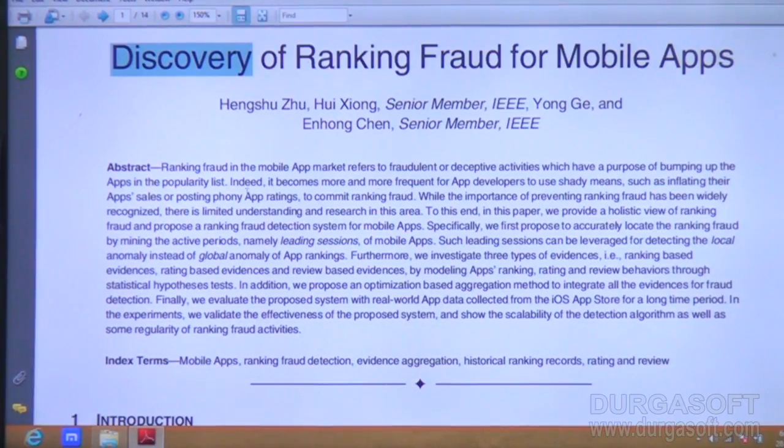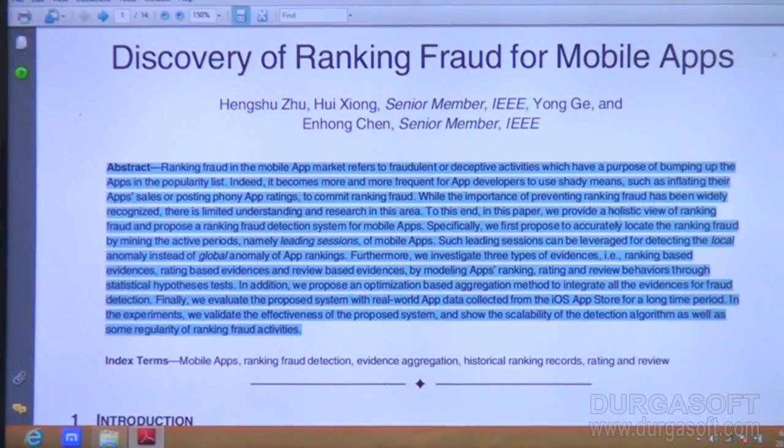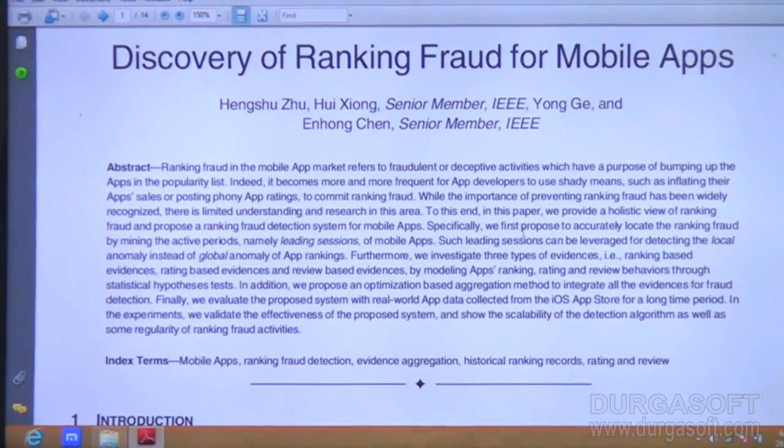If you look at the abstract, almost all the things we have mentioned are given here. Majorly in this paper we are proposing to accurately locate the ranking fraud by mining the active periods, which are nothing but leading sessions.